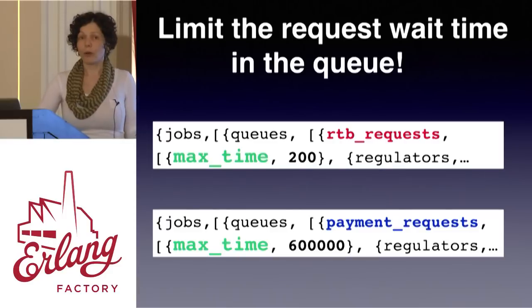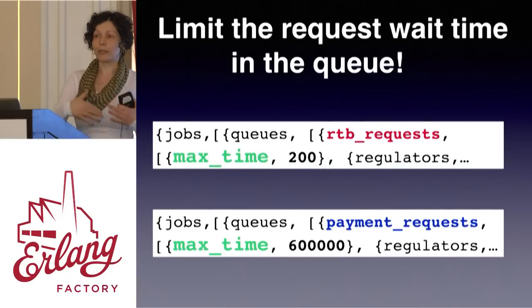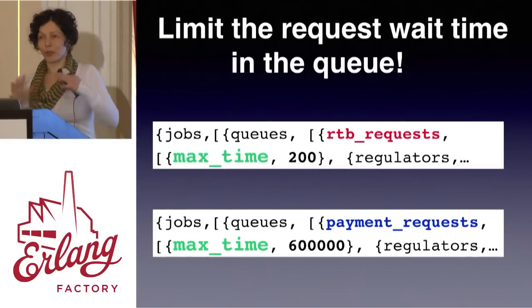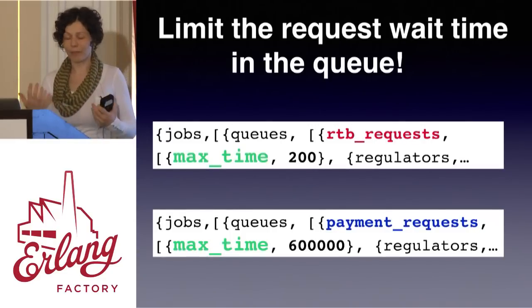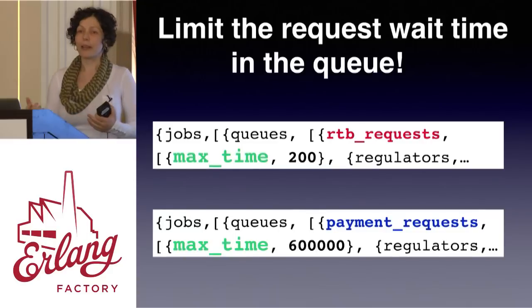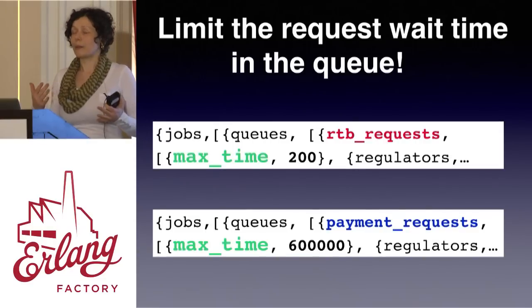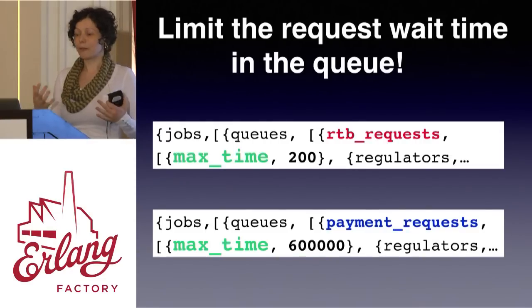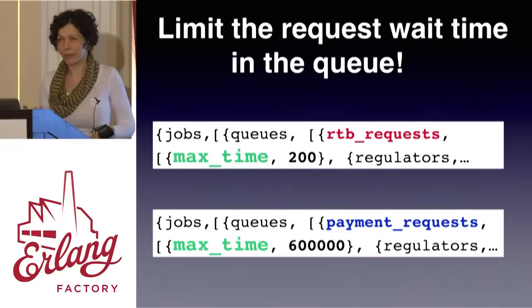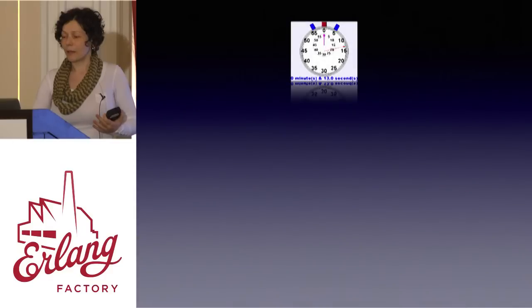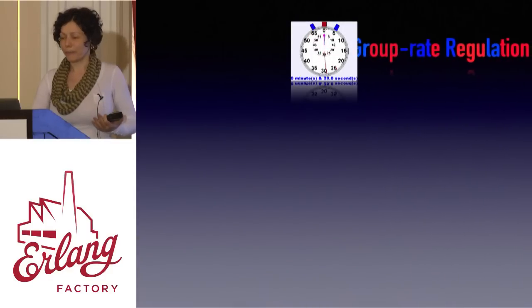So now the question is, OK, but what if I want my requests to be paced at a certain pace regardless of what type of request they are? I mean, this is not a realistic scenario, of course, but I just wanted to take some extremes as a good example. So let's say we want the requests coming into our server to be paced at a certain limit, but there would be different types of requests with different max times. For that, the Job Framework has group rate regulation.